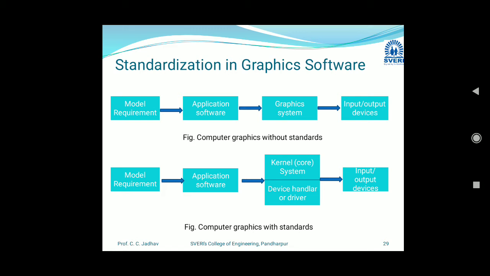And second is the device handler. Once the functions are taken, the device handler will complete the required task of the CAD/CAM software, and device handlers are provided by the manufacturer at the time of purchase. So the function of the device handler is to complete the given required task of the CAD/CAM, and that device handler is provided by the manufacturer at the time of purchasing only. So these are some functions of this graphics system. We are dividing the graphics system into two parts.